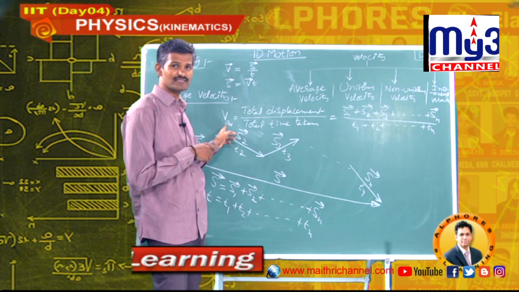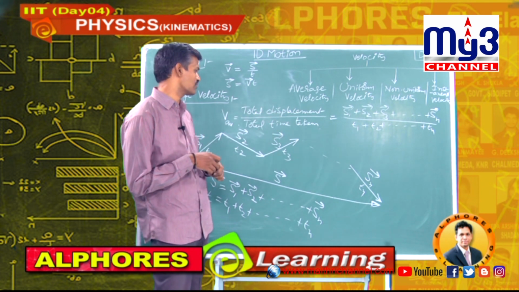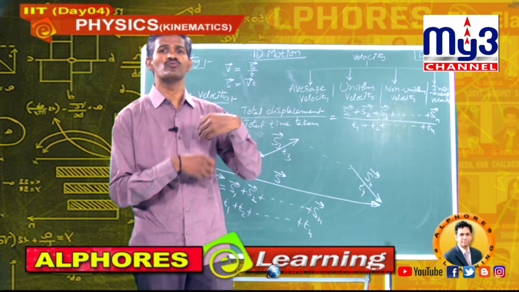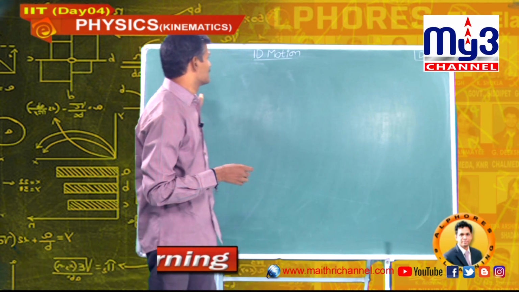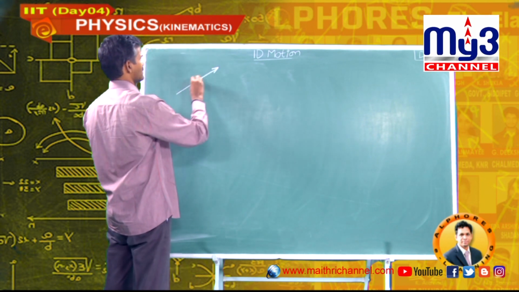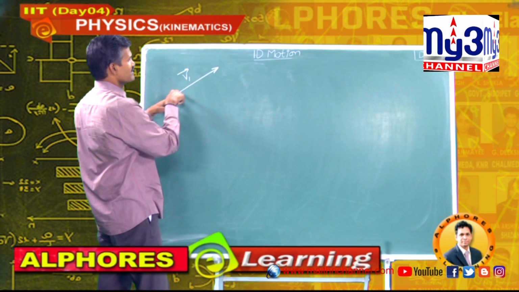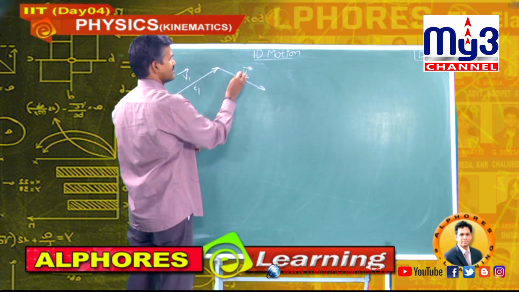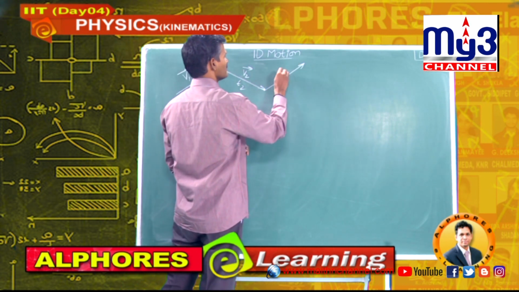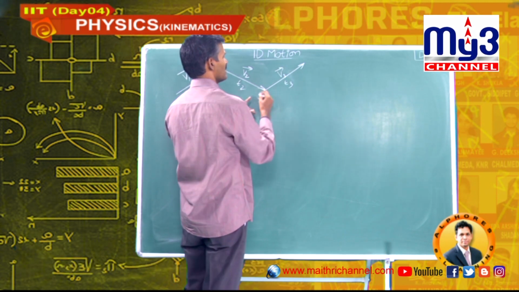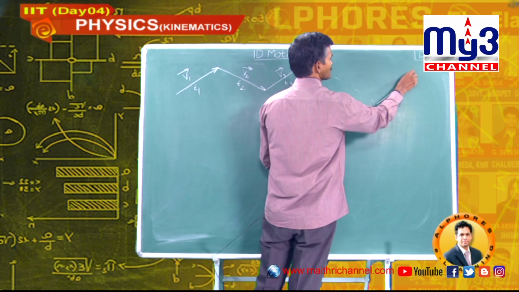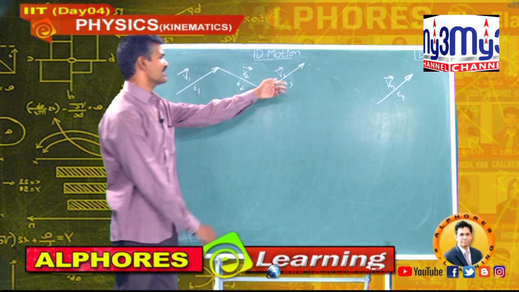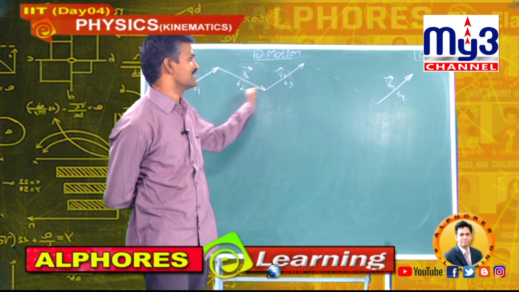What is the definition of average velocity? It is the ratio between total displacement travelled by the body to total time taken. This average velocity can also be asked in two more ways. Another way is, suppose a body covers some distance with V1 speed for T1 time and V2 speed for T2 time and maintained a speed V3 for T3 time and so on, and some Vn speed for Tn time, then how to calculate the average velocity for this total journey?